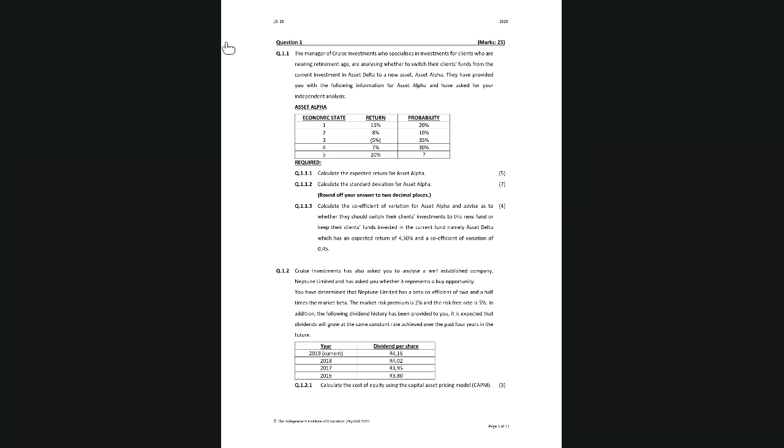And please, also here, take note in bold, round off your answer to 2 decimal places. In financial management, we never round up to whole numbers when we're doing calculations like this, because we need to be very accurate, and we can only be accurate if we include decimals. So in financial management, we always work to 2, 3, 4 decimal places. Don't round your answers up to whole numbers unless they've specifically told you to do that. So take note, 2 decimal places, otherwise they will have to deduct a mark. Otherwise, those 7 marks will be easy.